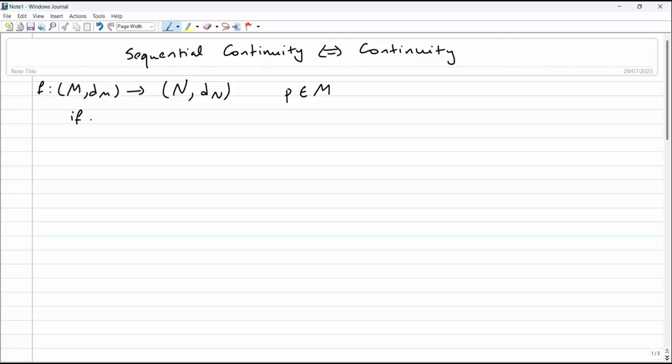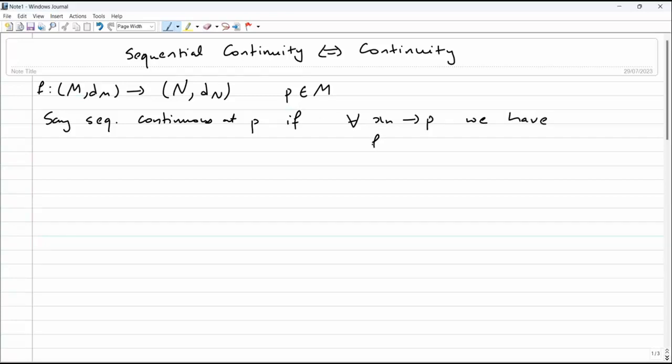sequentially continuous at p if for any sequence x_n tending to p, if we apply our function f to the sequence, we land in f of p. So that's called being sequentially continuous at a point. And we say continuous at p,